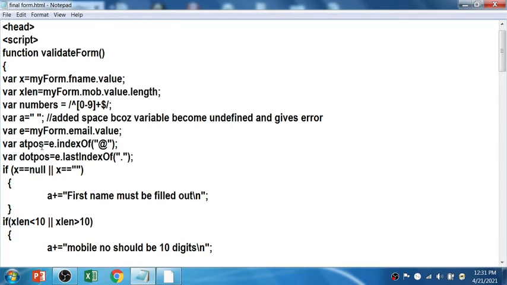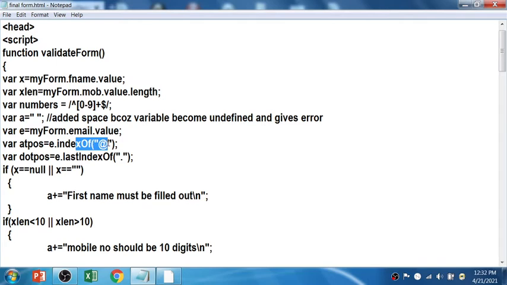Now the variable at position is e dot index of. Whatever email address is stored in the e variable, from that you want to find the index of the at the rate symbol, because an email address is like abc at the rate gmail.com. So there will be the at the rate symbol, so there should be a specific position.